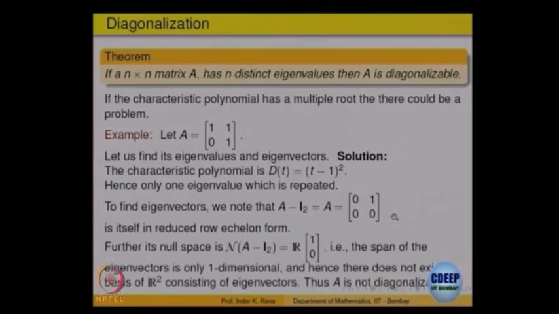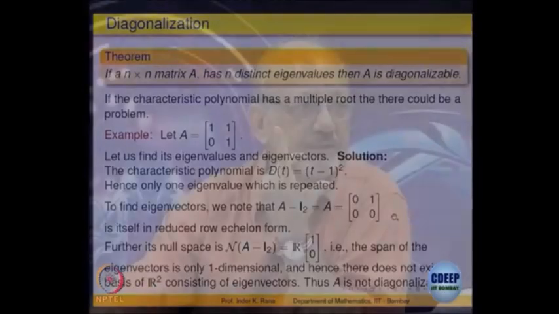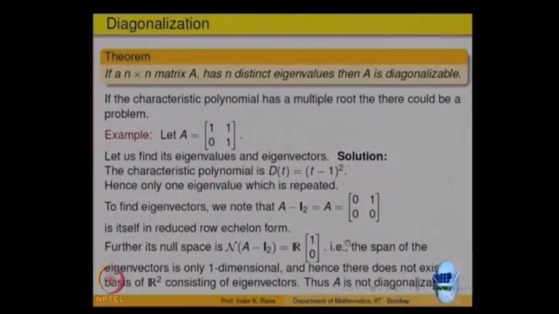You can give x2 any value, say 1. What is x1? You can give it 0. So, you get (1, 0) as a solution for this space. It is one dimensional. The solution space of A minus lambda I, lambda being 1, is of dimension 1 and you get a vector which spans this one dimensional space. So, (1, 0) is that vector. There is only one eigenvalue and that is repeated, but there is only one eigenvector.